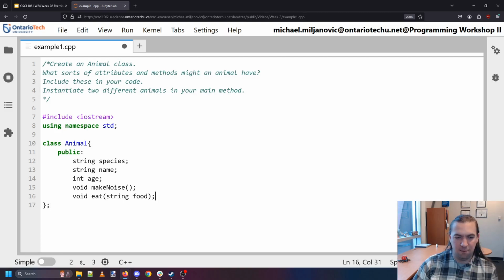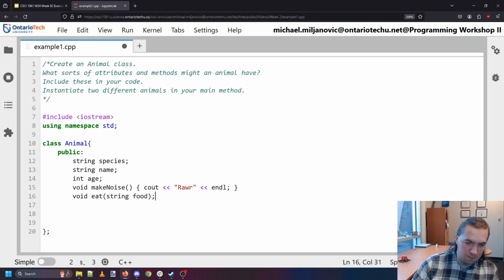And now I want to perhaps write the code for these functions. So maybe make noise will keep really simple. Make noise is just going to output rar. Pretty short. Maybe eat is more involved, and so for that we can actually write our eat function outside of our animal class. We can write it down below. It is a void function. It belongs to the animal class, and it's called eat. Since I'm not writing it inside of my class, I need to write it like this so that I confirm to C++ that it's a void type, it belongs to animal, and it's called eat. The parameter is a food,